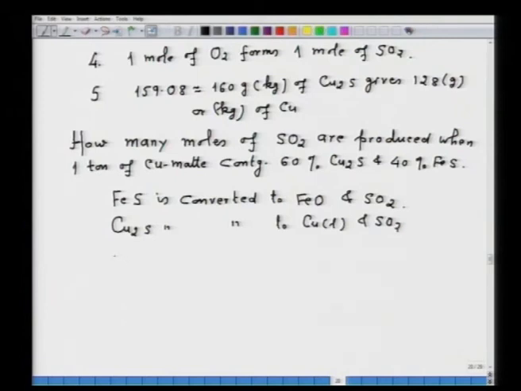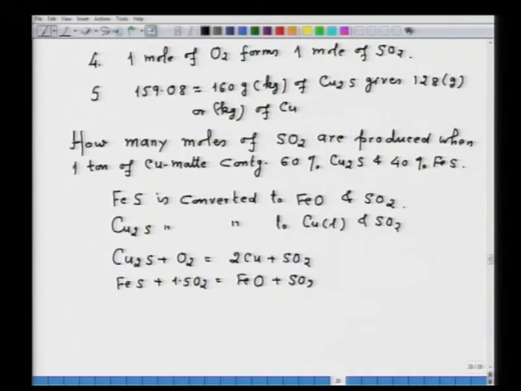Now, say for 1 mole basis you have Cu2S plus O2, that is equal to 2 Cu plus SO2 and FeS plus 1.5 O2, that is equal to FeO plus SO2. Now, we have to substitute the different moles which are involved. So, we have 1 ton, that means you have 600 kg